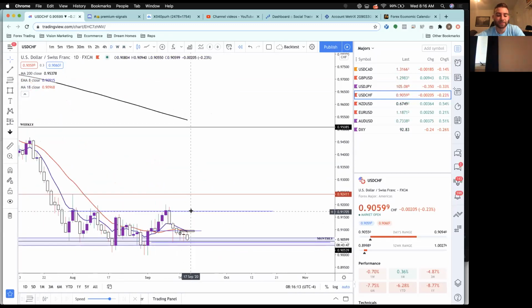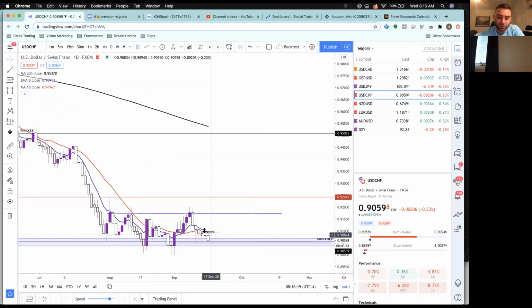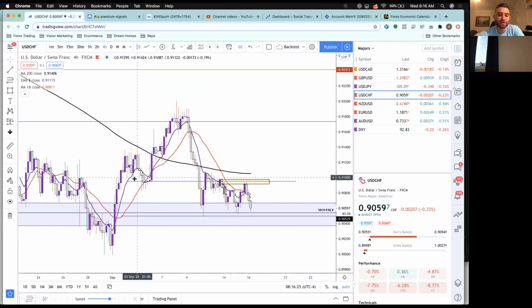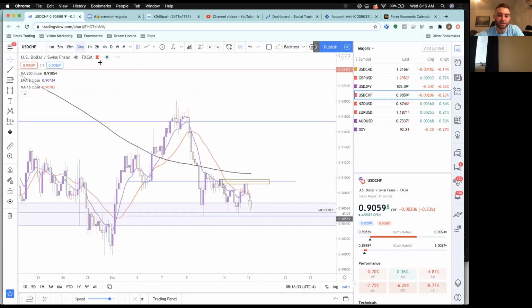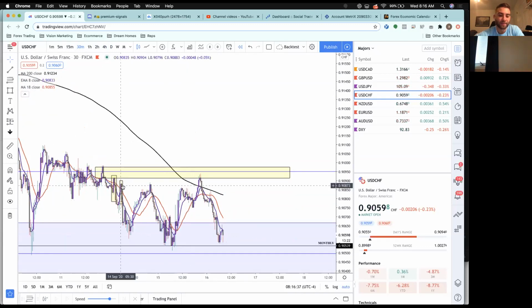As I come down to the daily, again, we're pulling back. Now we're moving back through the moving averages. They're actually about to cross, or they just crossed again on the daily, so that's pretty major. And on the 4-hour, same thing: broke structure, made this higher low, made this high, broke structure, retested with this lower high, and now we're pushing to the downside. So now that we know everything's bearish, we can come down to a lower time frame, and this is where we'll take entries. So the 30-minute,